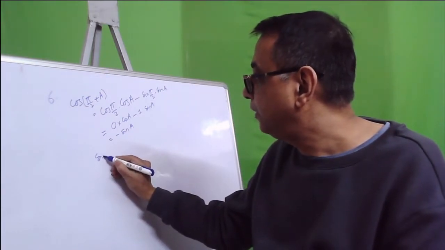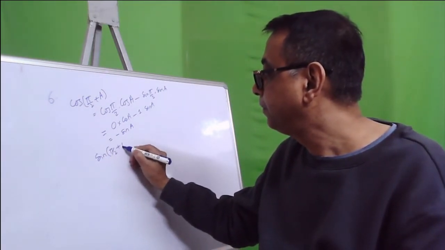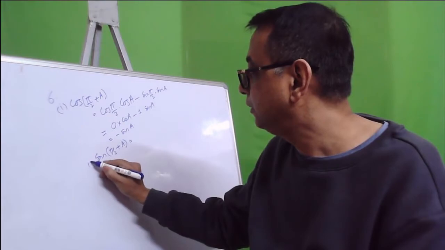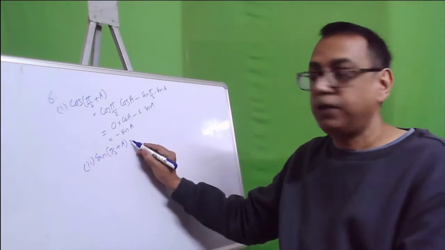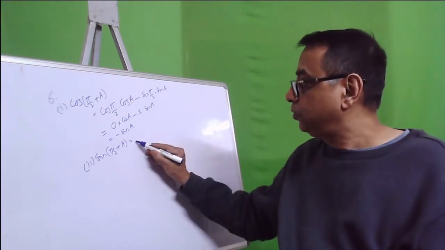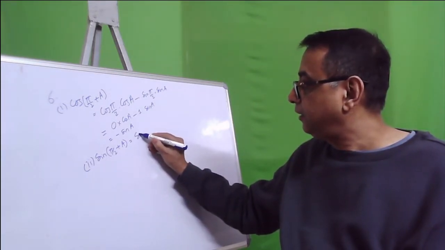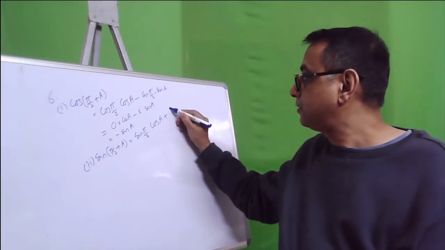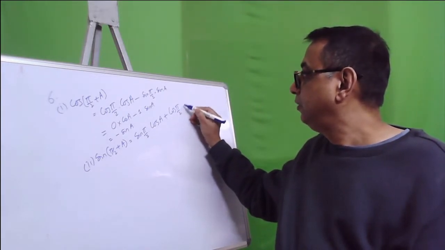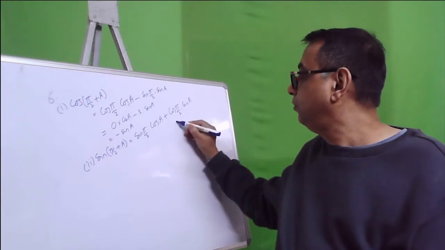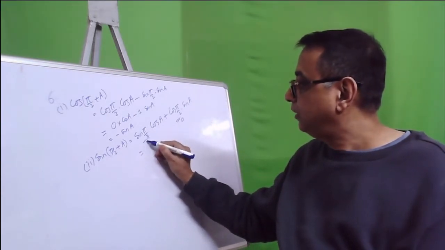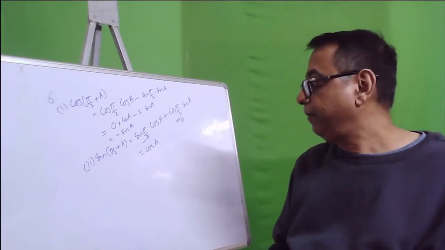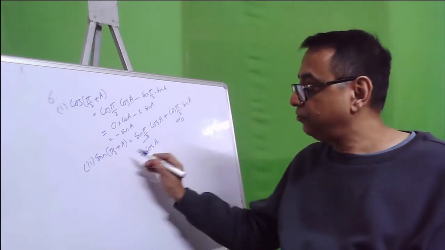What is sin(π/2 + A)? So this we can put as 6 part 1, and this part 2, sin(π/2 + A). Now part 2 is sin(π/2 + A) = sin(π/2) cos A plus cos(π/2) sin A. Now we know this is 0 and this is 1, so it will become cos A. So sin(π/2 + A) is equal to cos A,